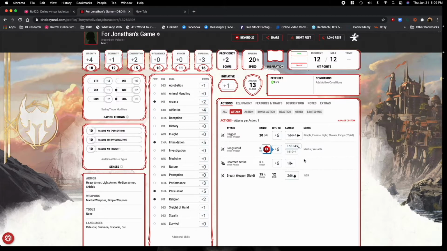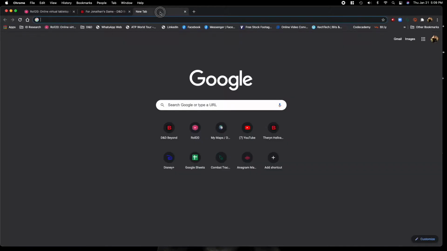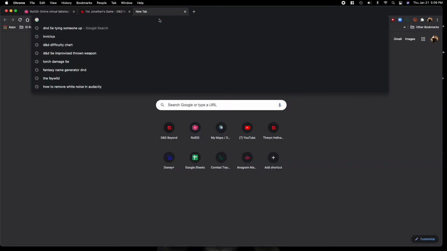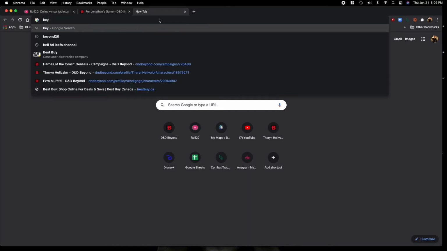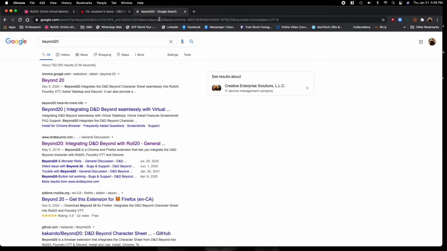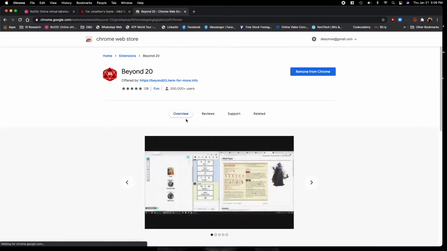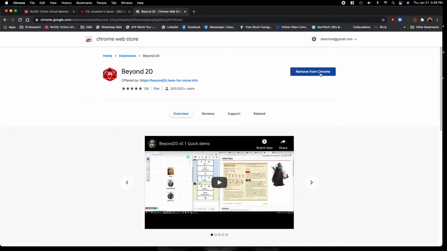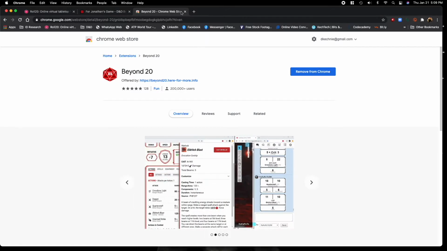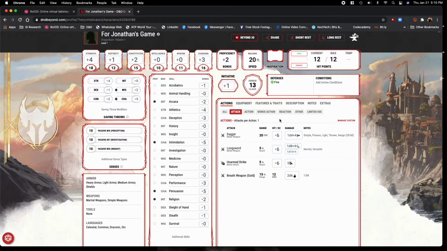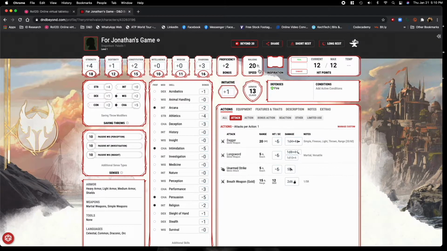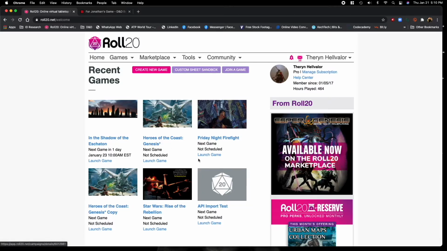Now this little B that's popping up, this is the next thing I'm going to talk about. This is the Beyond20 Chrome extension, and you can find that simply just by typing Beyond20, and you go there, and you can see it's already installed, so I would have to remove it, but otherwise it would say install, and you just hit that bad boy, and then yeah, Bob's your uncle. You're set up,